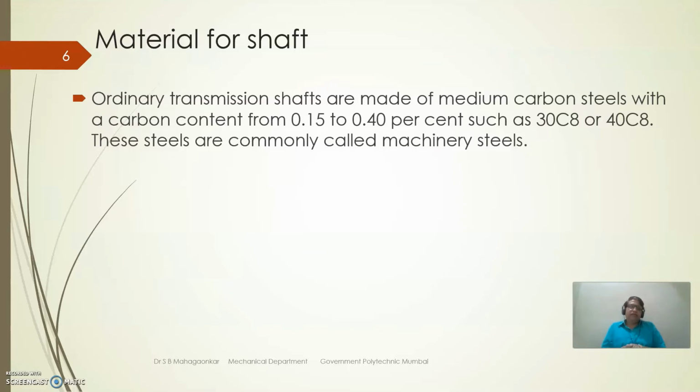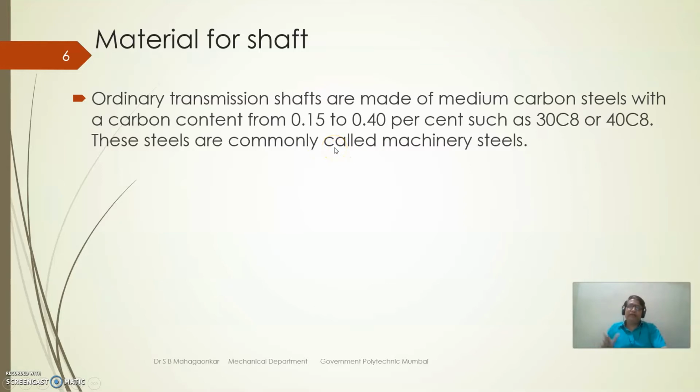So for material, generally we go for plain carbon steels, or a little bit higher alloy steels are also used. Wherever you need more strength, in that case we can go for a higher strength material for the shaft. It must be more than 600 Newton per mm square, or 600 megapascal. Okay. So the carbon content is from 0.15% to 0.4%. The more the carbon percent, the more the tensile strength of the material. Okay. If it exceeds that, then it becomes brittle.